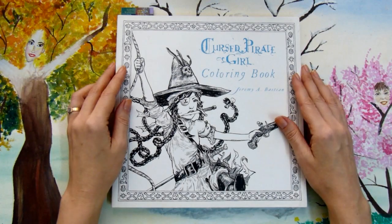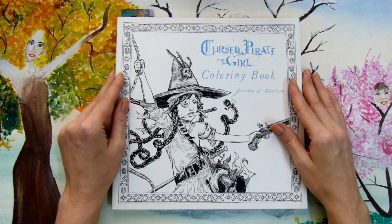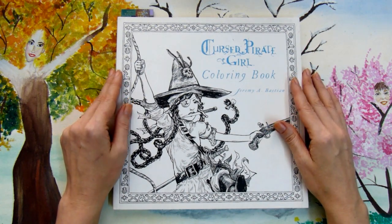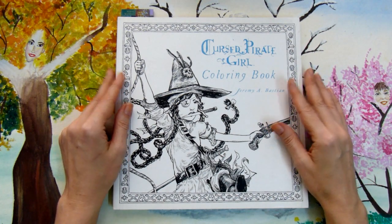Hello coloring friends, so today is Sunday and we are going to see results of our weekly challenge Finding Color. During last week we were supposed to color for the prompt octopus, and though this creature, you can say it's